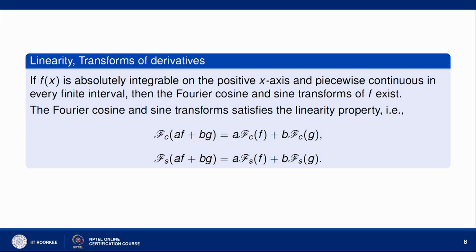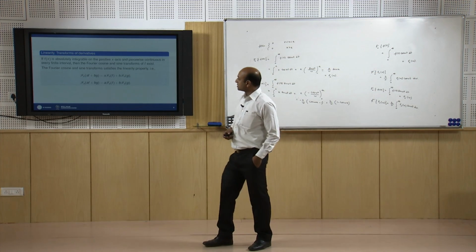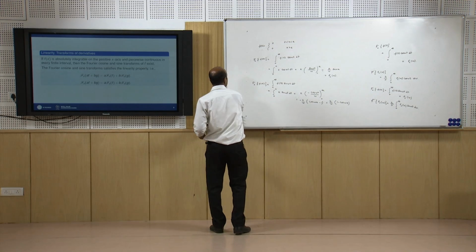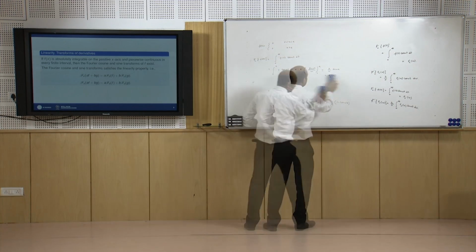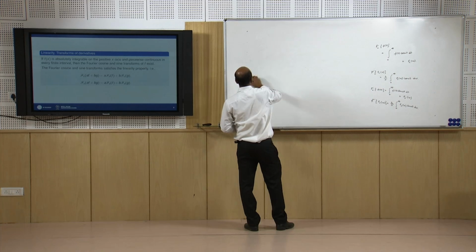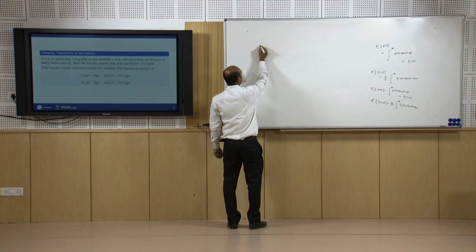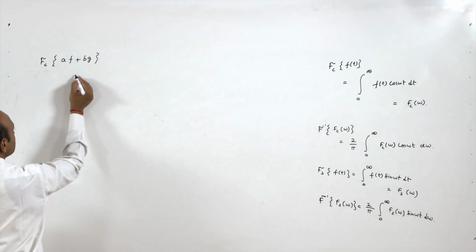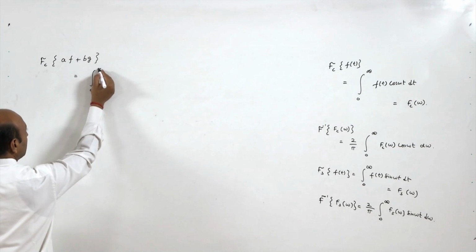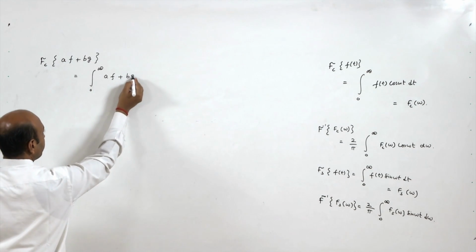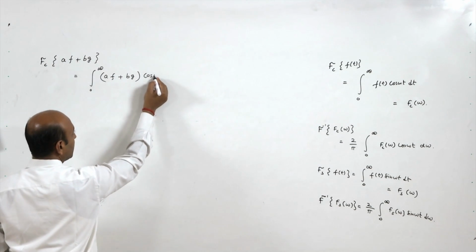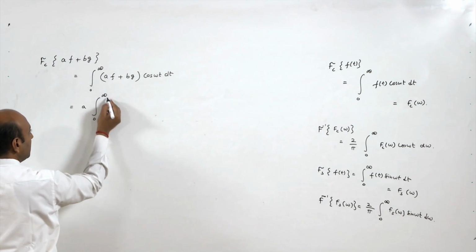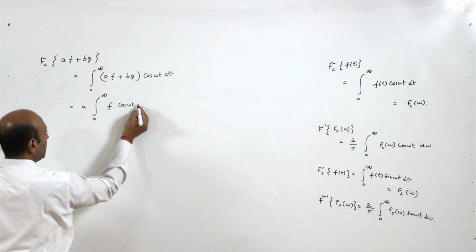Now, the first property is that the Fourier cosine and sine transforms satisfy the linearity property. That is easy to prove, basically. What is the Fourier cosine transform of a f plus b g? By definition it is the integral from 0 to infinity of (a f plus b g) cos ωt dt. That will be nothing but a times the integral from 0 to infinity of f cos ωt dt